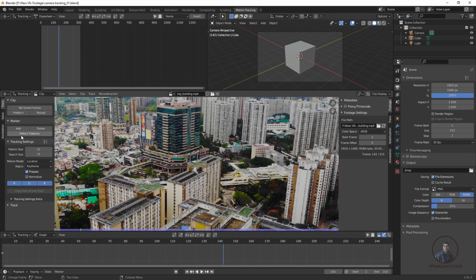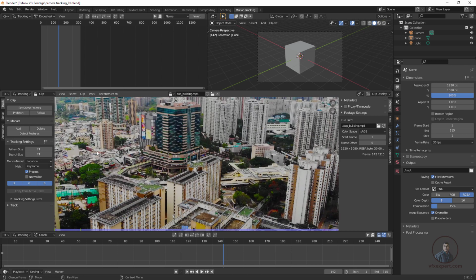If you click on Detect Features, Blender selects high contrast points and will track the shot for you. So if you want to check, simply click on Detect Features. Like this you can see, it will automatically detect high contrast points and track those points. Then if you want to delete all these points, press A here, so it will select all points, and simply press X. X just deletes the points here.